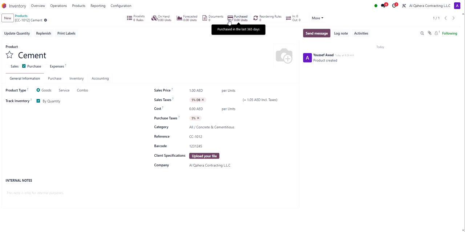How many times we purchase this particular inventory? It will show us in the numbers how many units we actually have purchased from different vendors. And then we have the reordering rules. If we are maintaining a threshold for this particular product in our warehouse or in our project, then when we reach that threshold, it will generate a purchase order in draft format, so you can purchase this item before it finishes